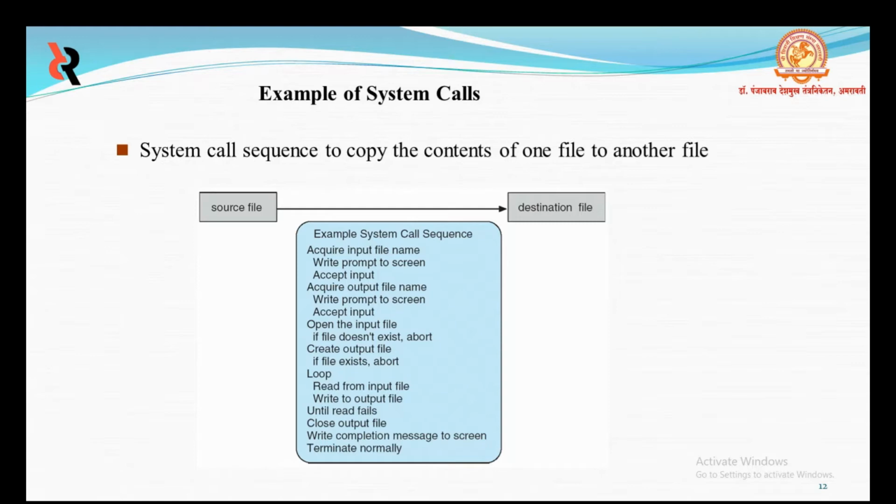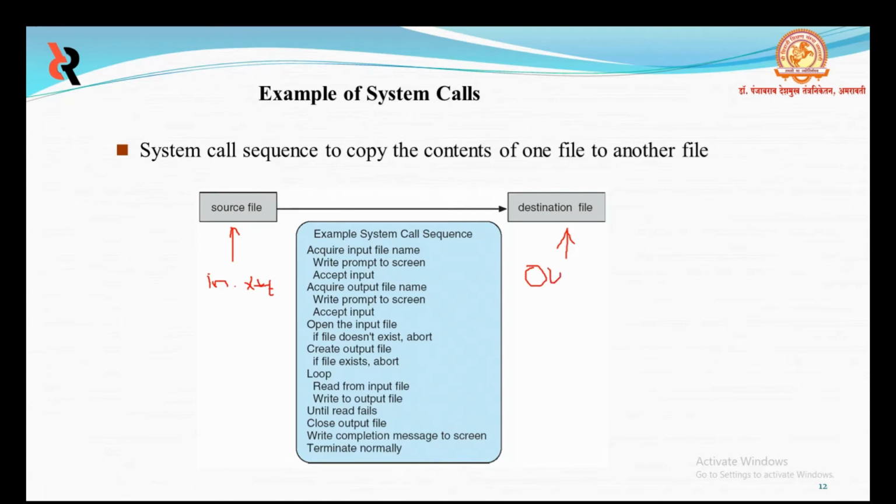writing a simple program to read data from the source file into the destination file, so it contains a copy of this file. For example, the name of this file is in.txt and this is out.txt.